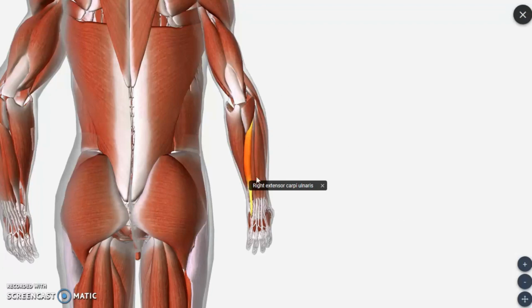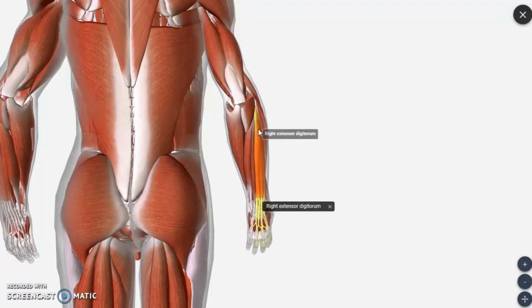So altogether we have 6 muscles now. One more muscle you can view here is the anconeus muscle. These are the muscles which form the superficial layer of the extensor compartment of the forearm. I will repeat those muscles again. The first muscle is brachioradialis, then we have extensor carpi radialis longus along with extensor carpi radialis brevis,